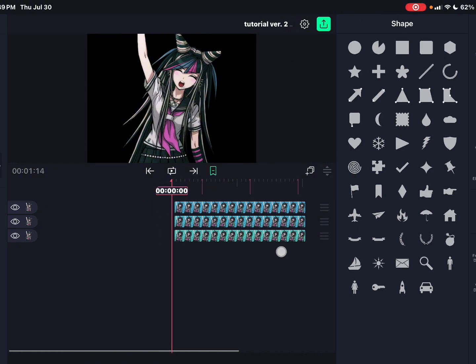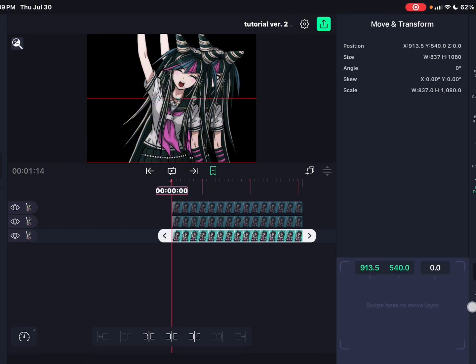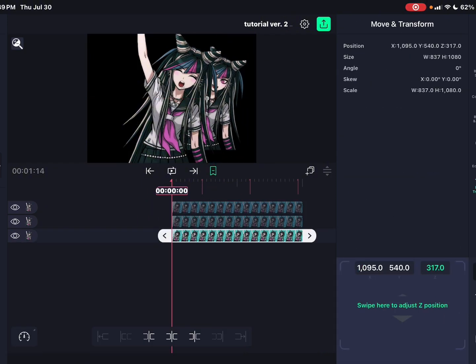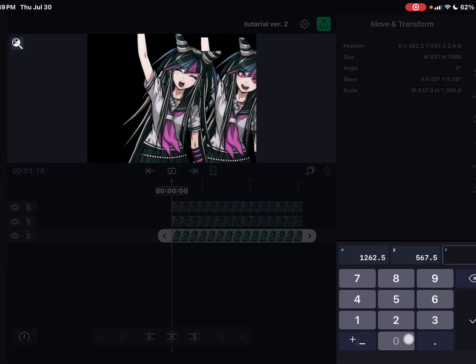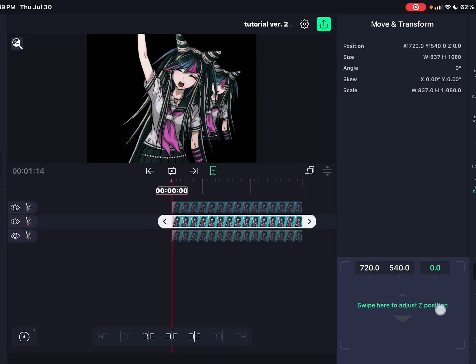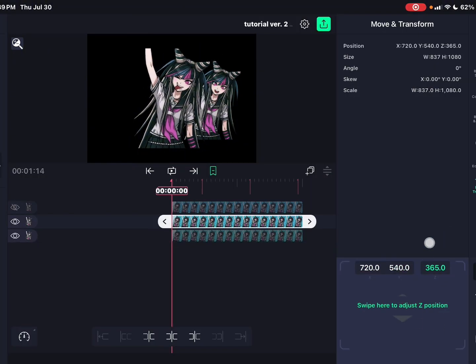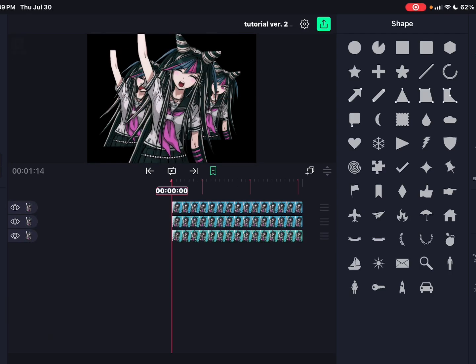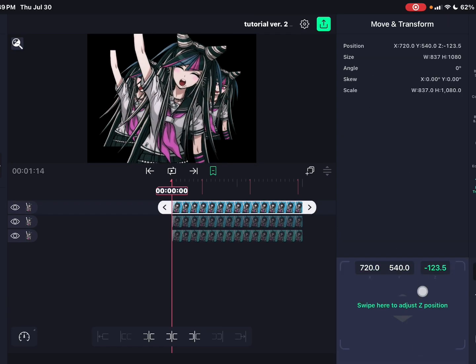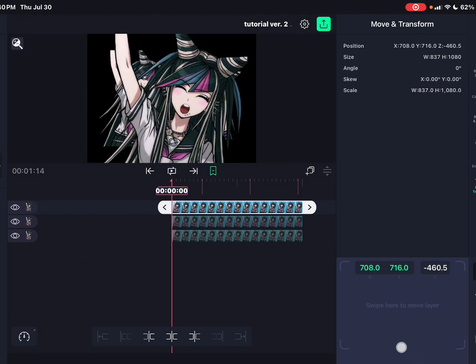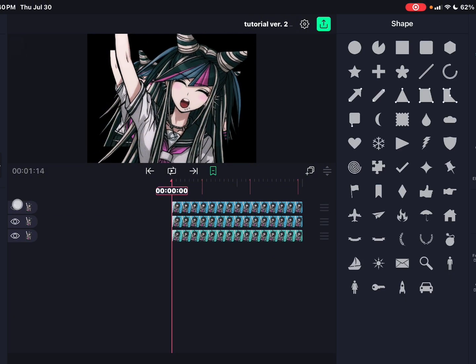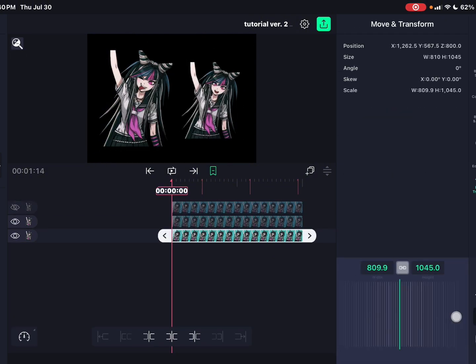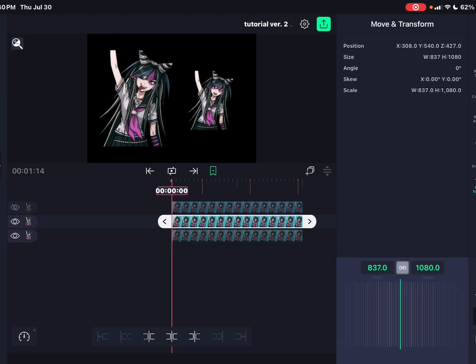So you want to get your 3 sprites and line them up. This is the very bottom one, so I'd move that one all the way down with the camera movement. This makes it closer to or further from the camera. This one, I would move down just a little bit more and move it to the side more. And this one, I would move closer to the camera in the center. It can go anywhere. I also like to make these smaller